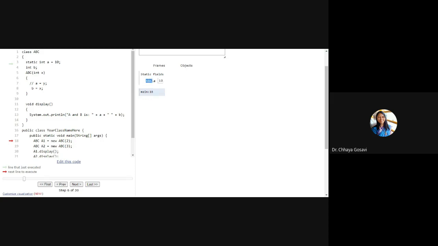What is ABC? ABC is your class name. Class name, variable A. So A is a class variable. It is not allocated for A1 or A2. It is a static field. Memory is allocated statically to A. And then when an object gets created, only one variable is there, B. So for every object, there will be only one variable, B. And A1 and A2 will share this variable A in common.